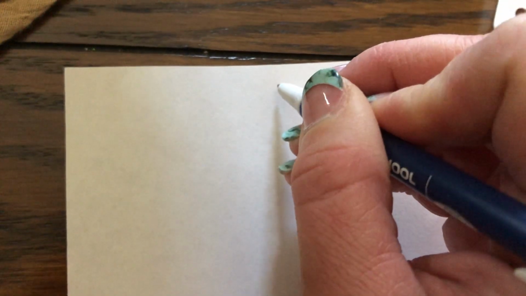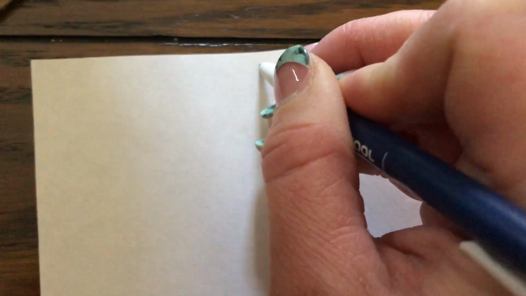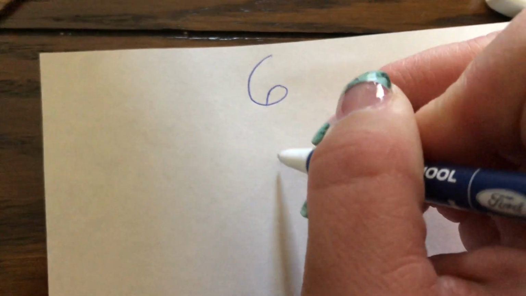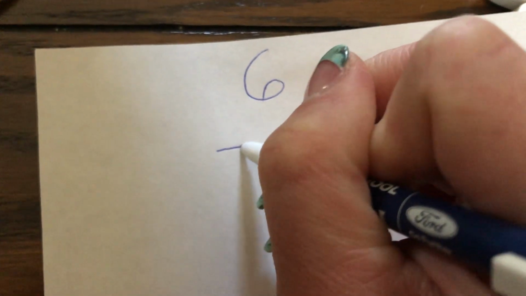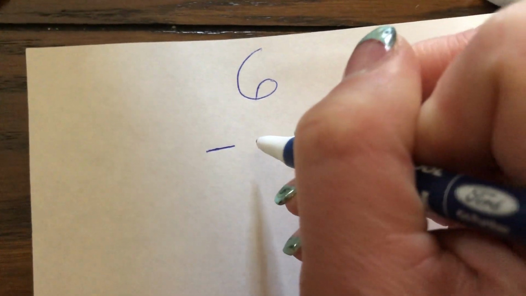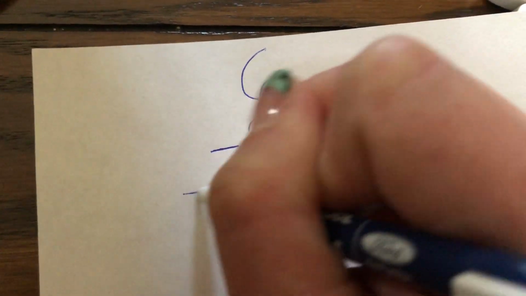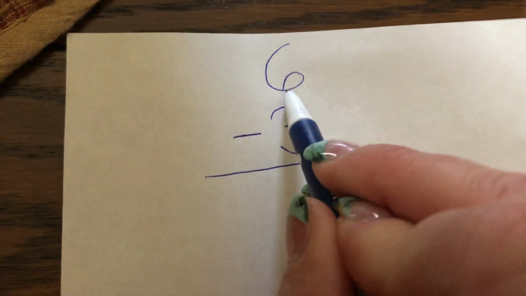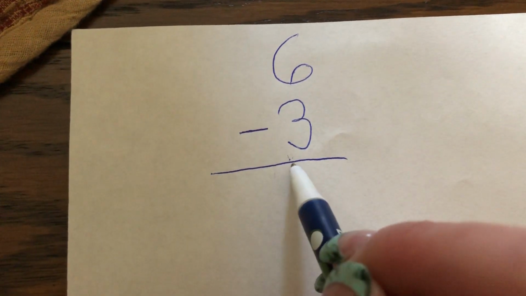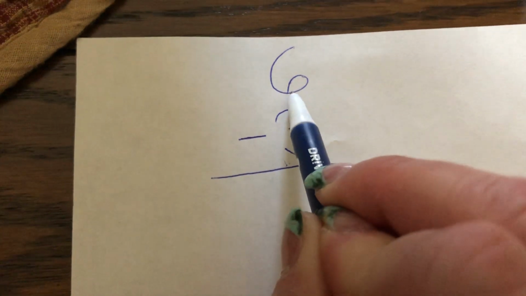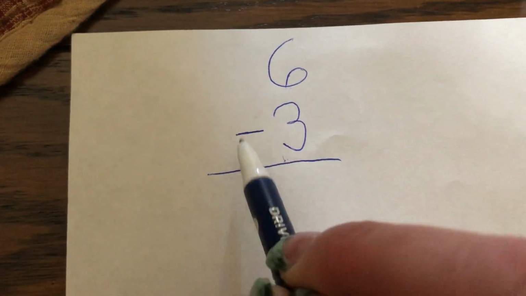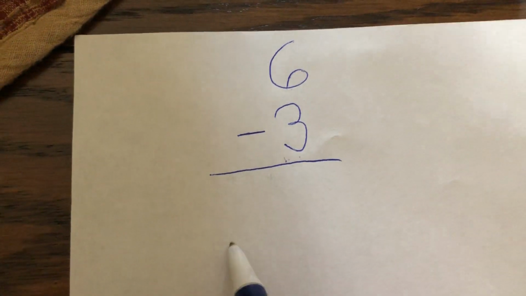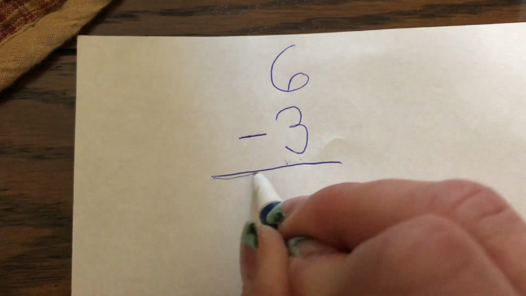So if I wanted to start with the number 6 and subtract, which means take away, 3, you always start with a bigger number. So if you're writing it up and down, it looks like this. 6, big number on the top, minus 3, and your answer would be